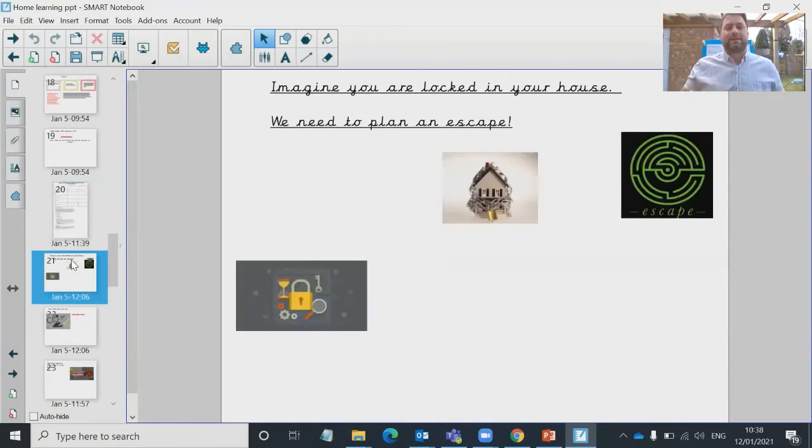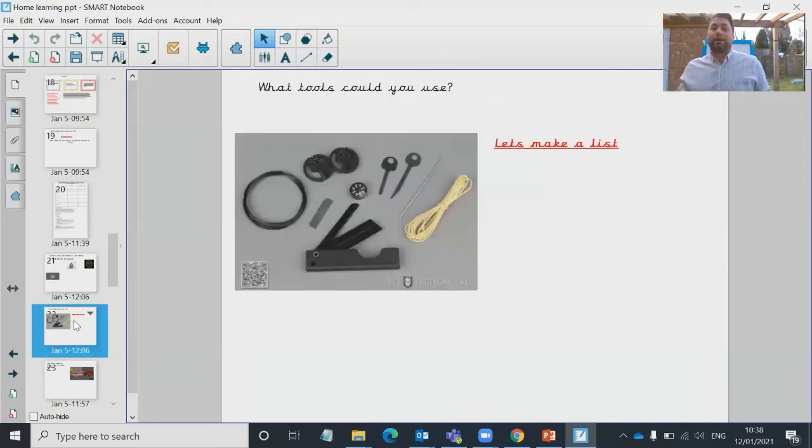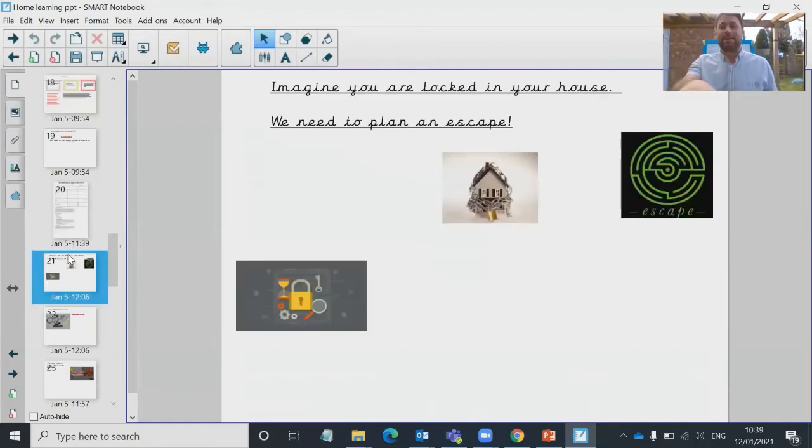Now, first thing, you need to imagine that you're locked in your house. Well, we are in lockdown and we're pretty much locked in anyway. And you need to plan an escape. So yes, we're going to be planning our escape. Now, you need to think about what tools we could use. In this first one here, this can be linked into our introductory statement, and I'm going to model as we go along. So imagine you're locked in your house. Okay, in our introduction,